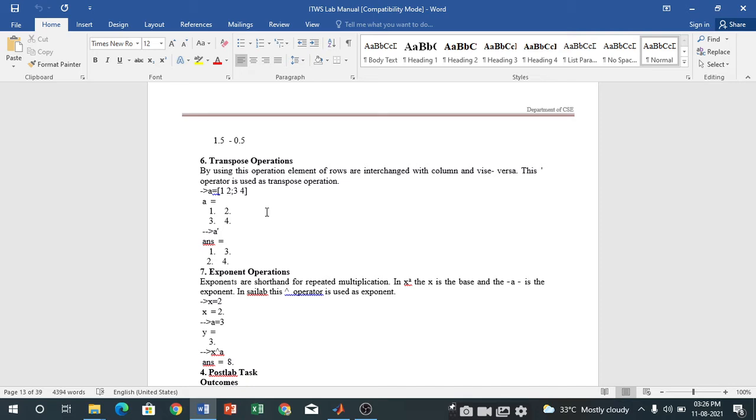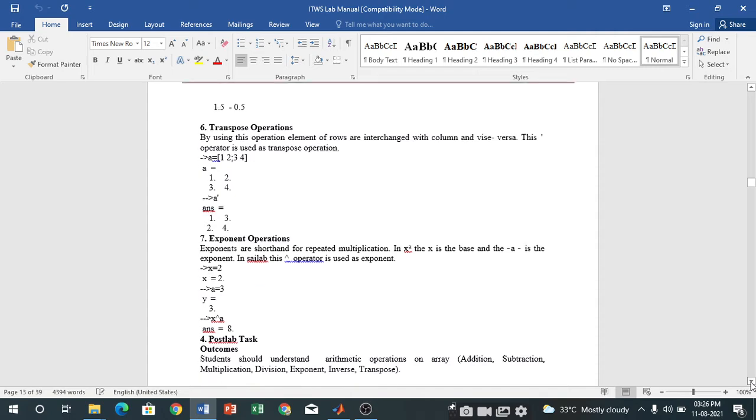That operation is called the transpose operation. If we write A dash here, 1 2 3 4 will be printed, but after applying the transpose operation, the first row 1 2 becomes a column, and the second row 3 4 is also converted into a column. So this is your transpose operation.